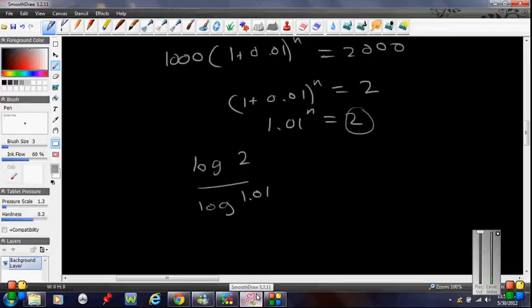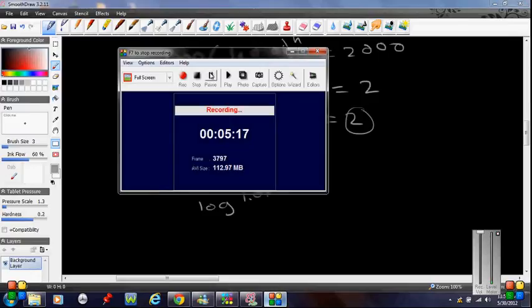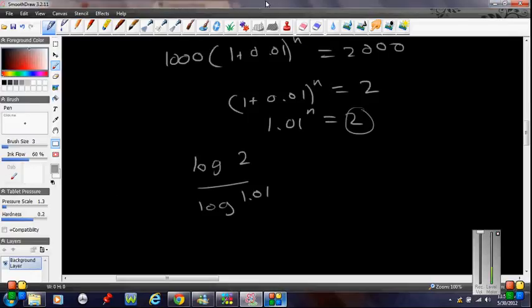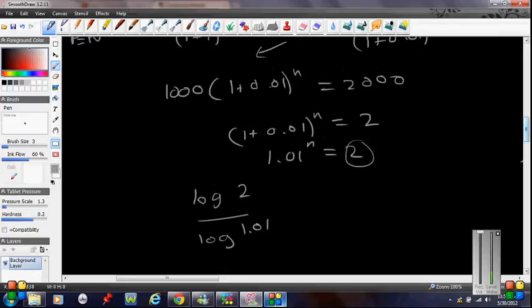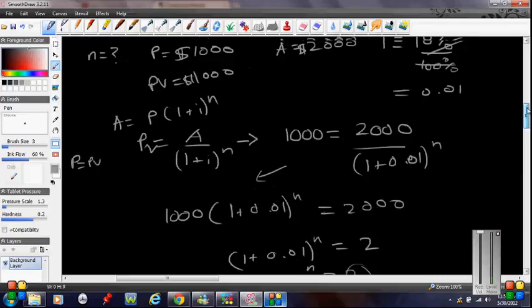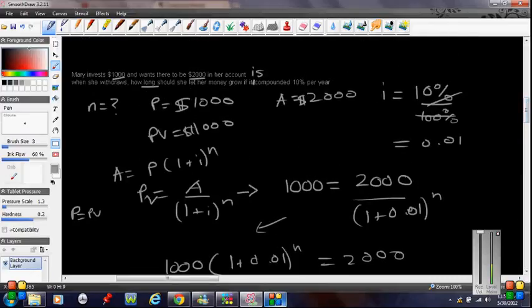Hold on one second. I seem to have made a mistake. Okay, so as we can see here, I've made a mistake and I've isolated that mistake and I know what it is now. It seems like I've shown you a counterexample of what not to do, and now I'm going to fix that. So here we have a counterexample and an example. Look at that, a blessing in disguise. So what the mistake was, see, this is why I'm not good at basic calculations: 10 divided by 100 is not 0.01,